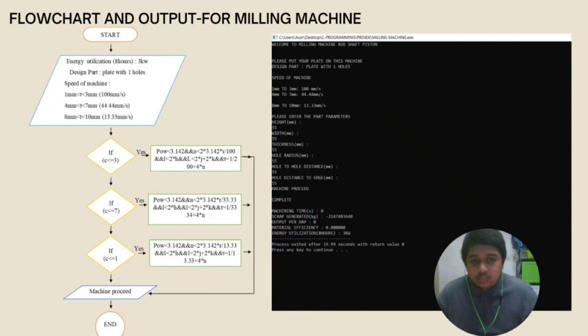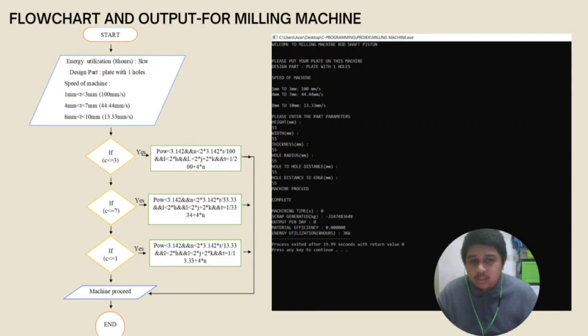Today I'm going to present the results, which has two parts. The first one is flowchart and output for milling machine, and the second is flowchart and output for drilling machine. So let's see first the flowchart, which goes from the start, and then